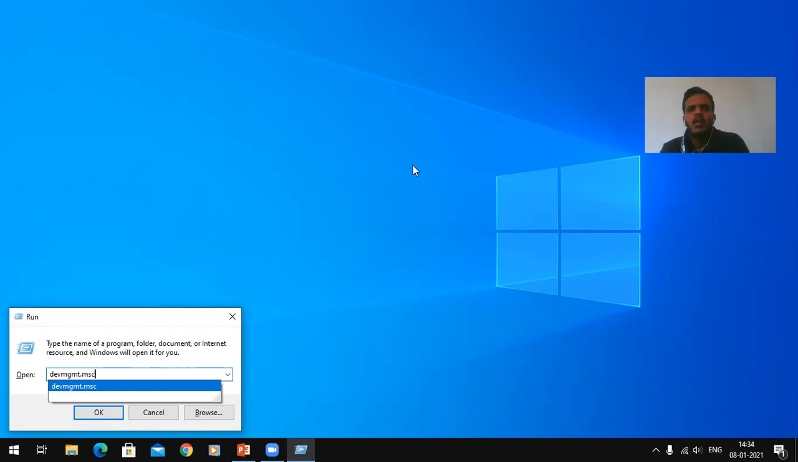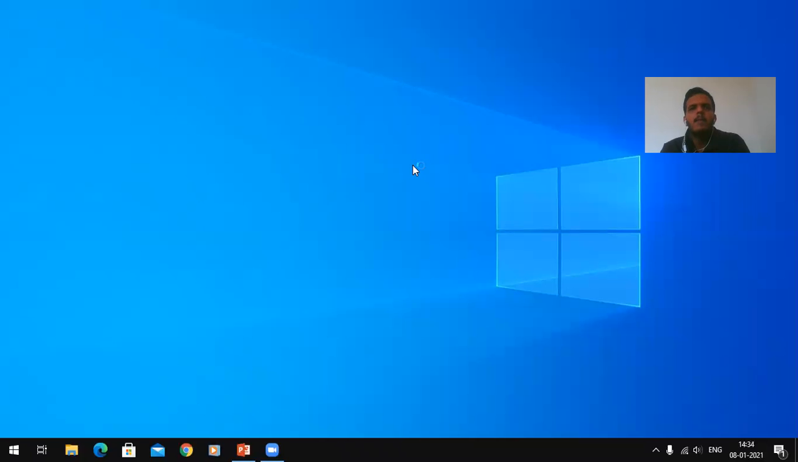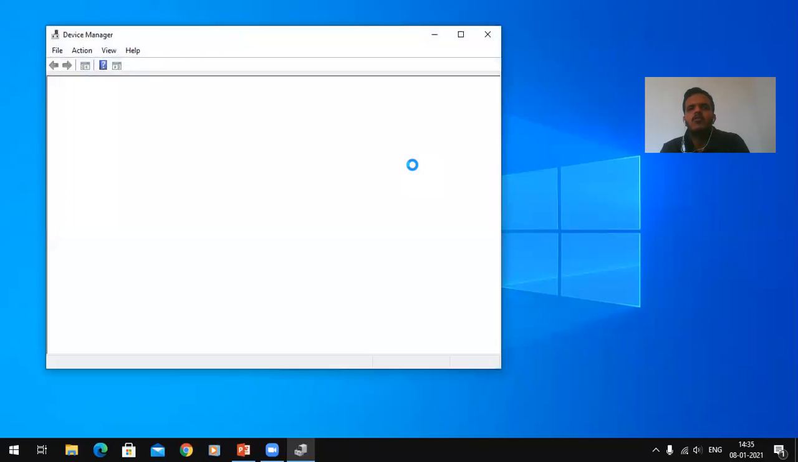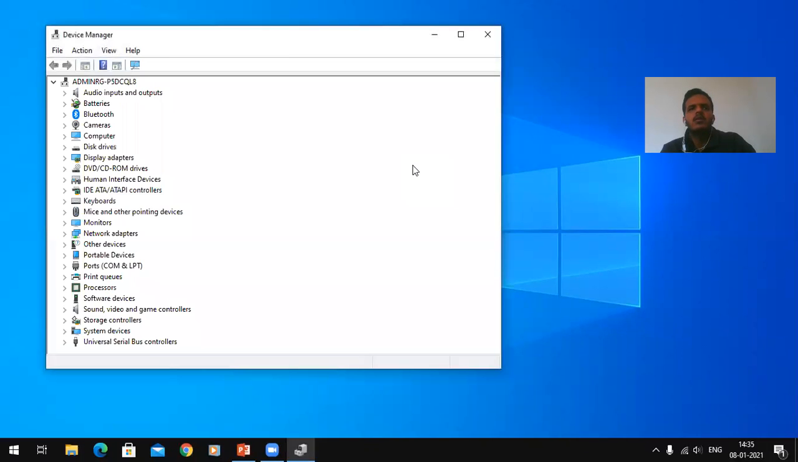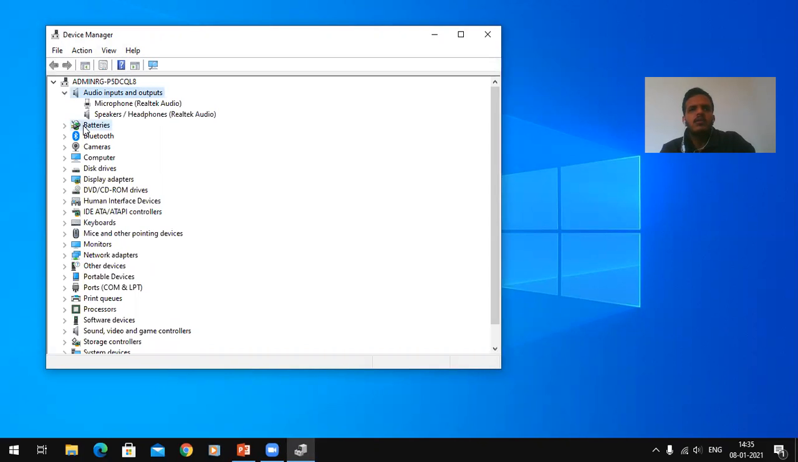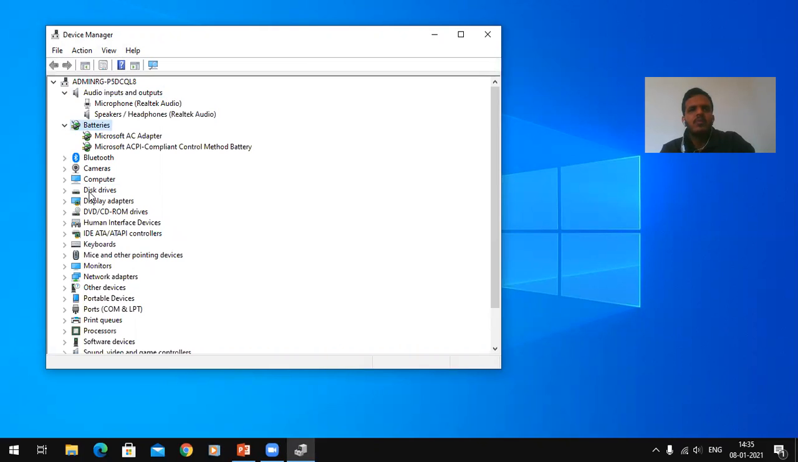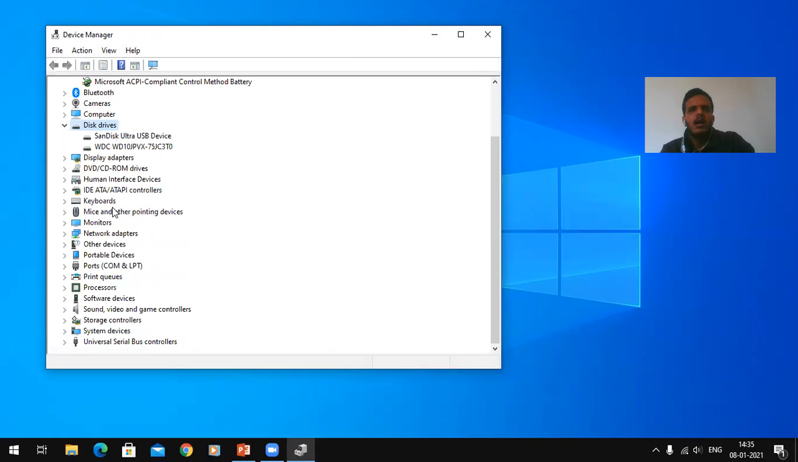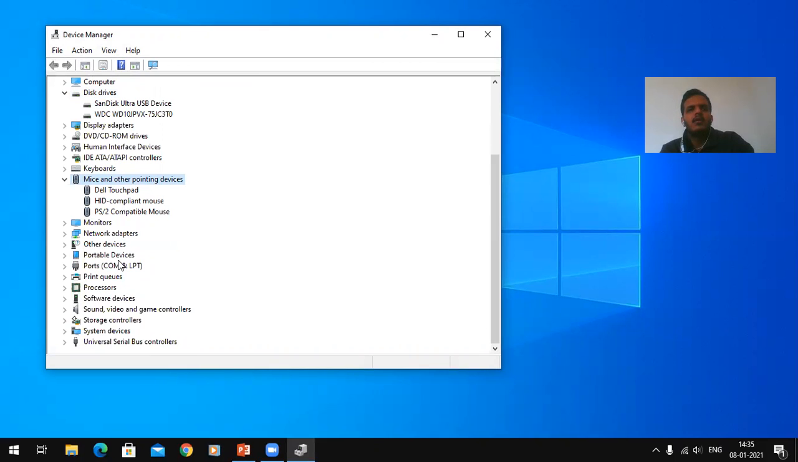devmgmt.msc. Let's wait for a few seconds and then you will have it. You can see here all of the devices. See, disk drives and mice and other pointing devices. My touchpad also comes under this, and literally every other device